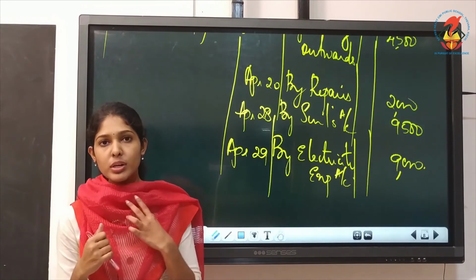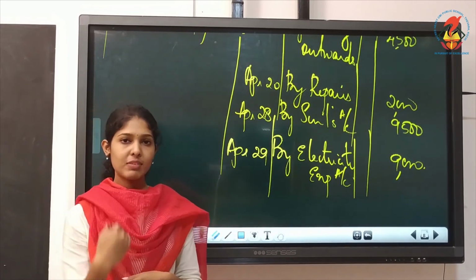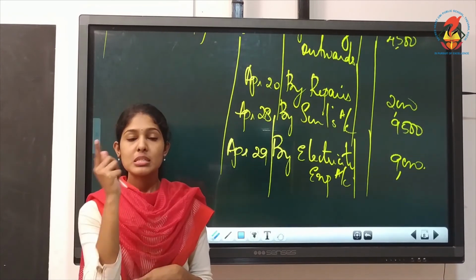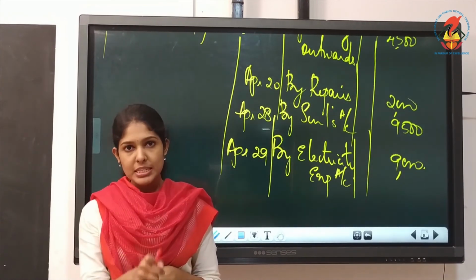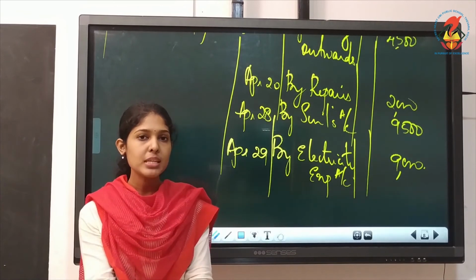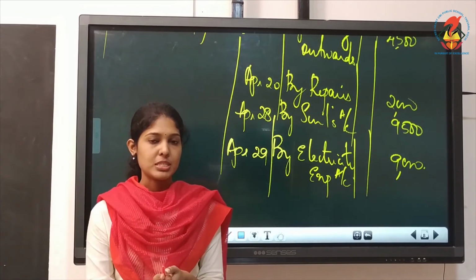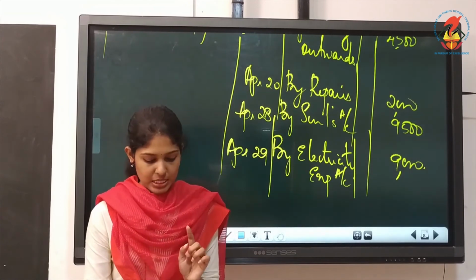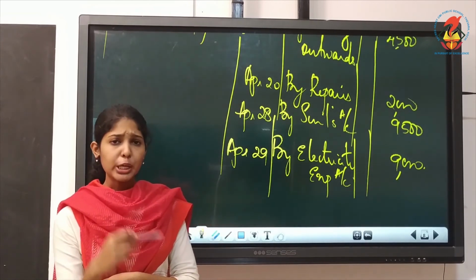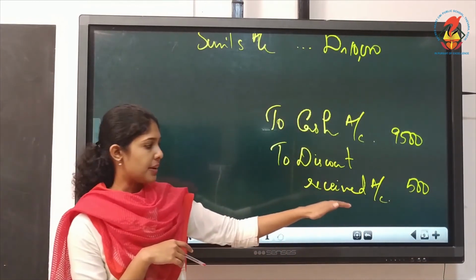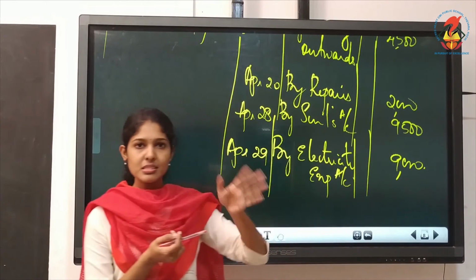And is it discount allowed or received? We are receiving cash and that time you would have allowed discount. So it is discount allowed account. It should be debited because allowing discount means it's a kind of expense for the firm. Expenses must be debited. So discount allowed must be debited. So here if you want you can write the journal entry and see. But no need, the easiest way.